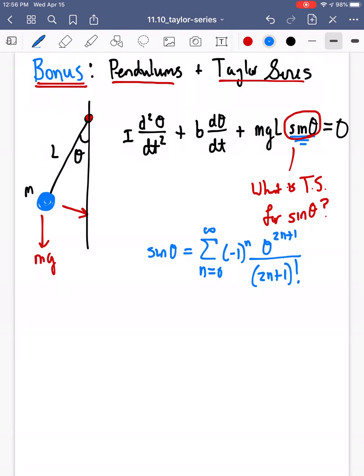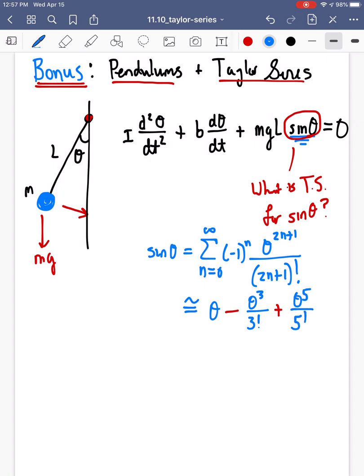And if we write out the first couple terms, with this squiggly line saying it's approximately equal to, the first couple terms for sine is theta minus theta cubed over 3 factorial, then plus theta to the 5th over 5 factorial, etc.,